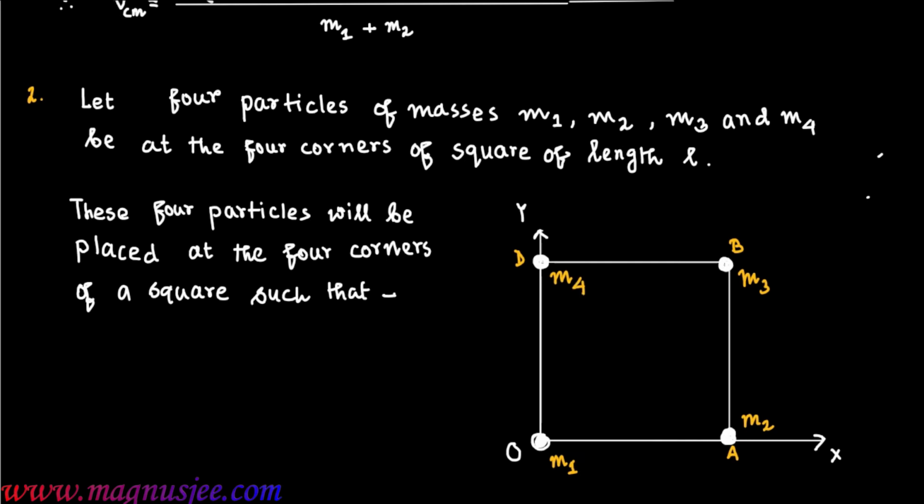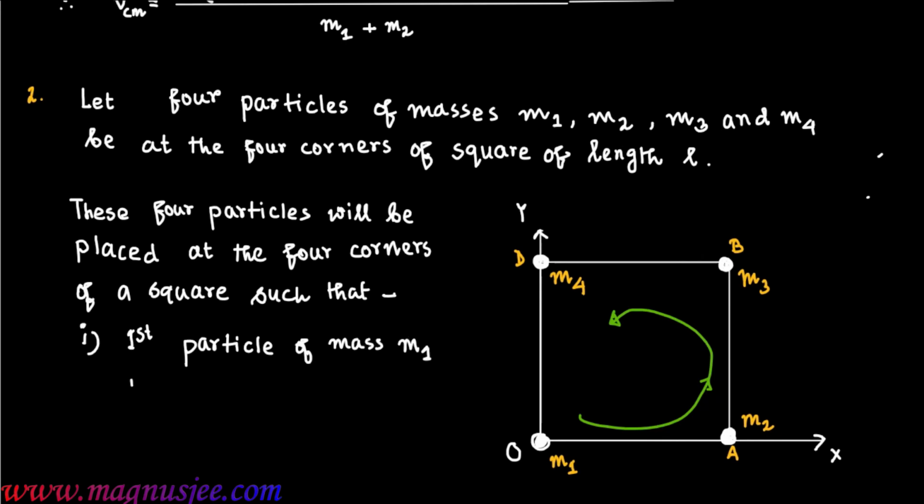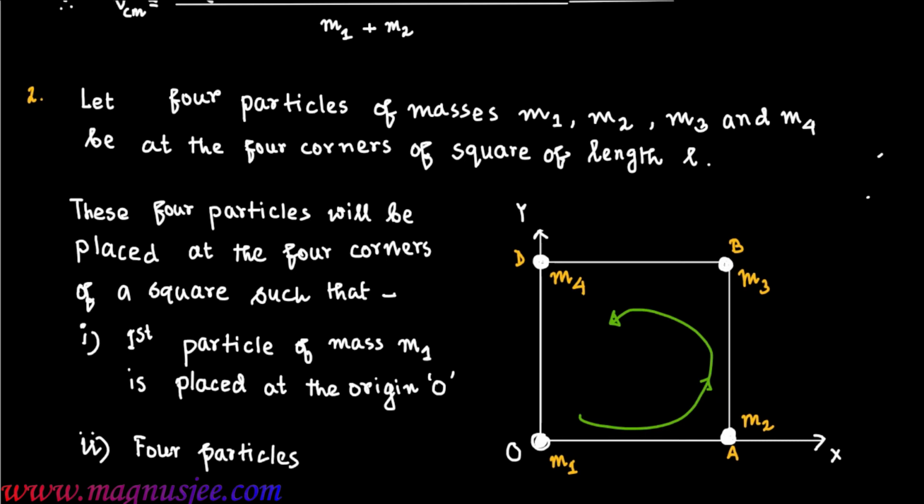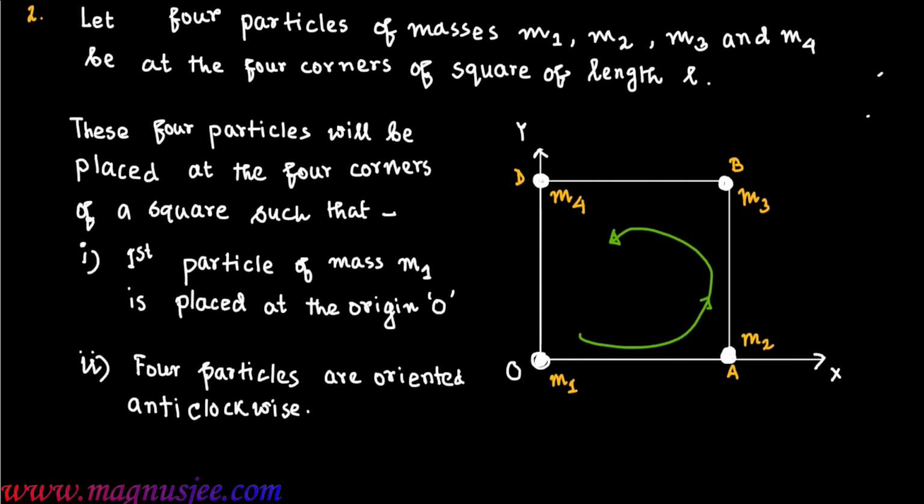Four particles m1, m2, m3 and m4 will be placed in this way, that is in anti-clockwise direction, and the first particle will be at the origin O, such that the first particle of mass m1 is placed at the origin O. Number 2, four particles are oriented in anti-clockwise direction,